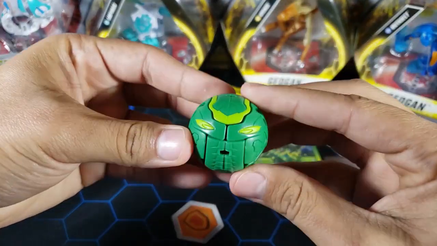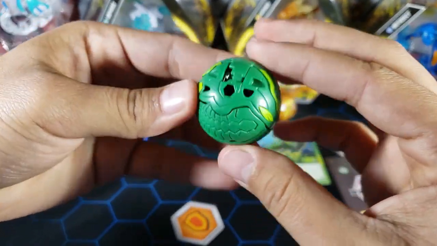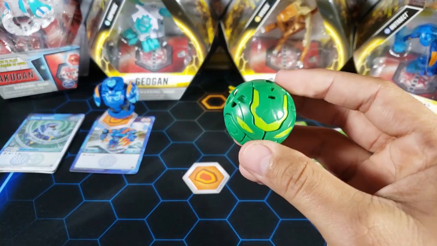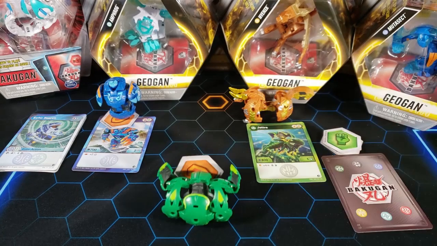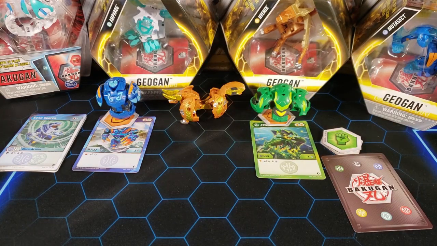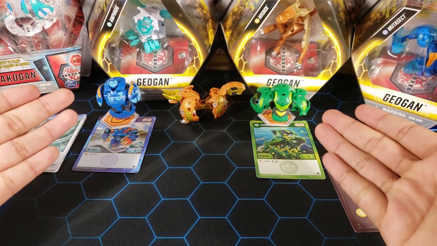We just get to push it together. And that is how you close this Jetra. It's a nice Bakugan, and the stats are okay. That is Ventus Jetra. And now for the moment I've been waiting for, because the other two Bakugan were duplicates